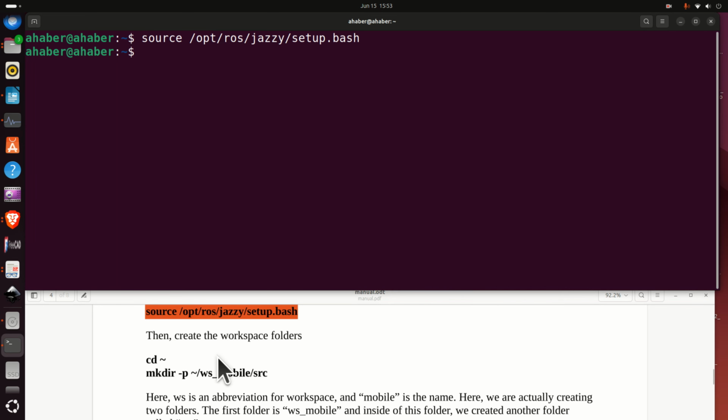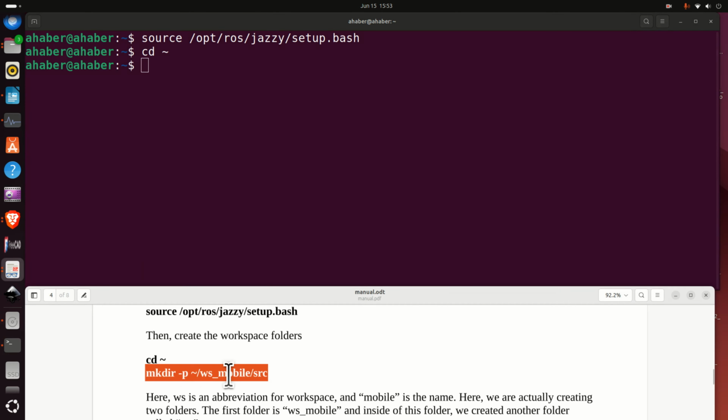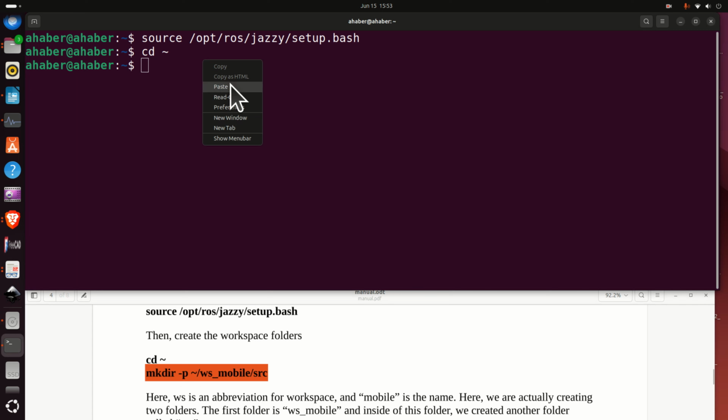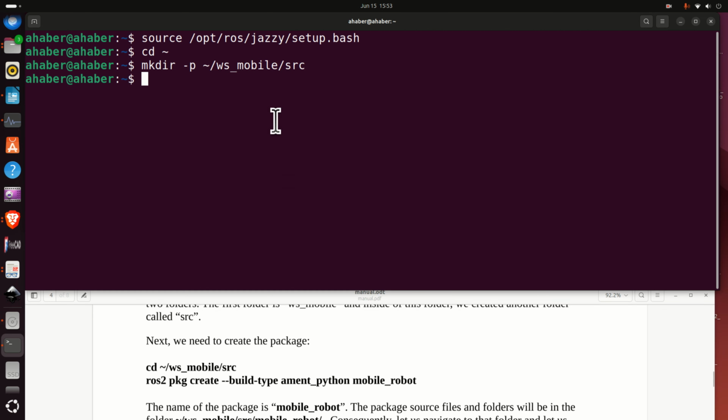Let's create the workspace folder. First of all, make sure that you're in the home folder, and then create inside of the home folder two folders. The first folder, called ws_mobile, is our workspace folder, and inside of that folder we are going to create the source folder. Next, let's navigate to our source folder,